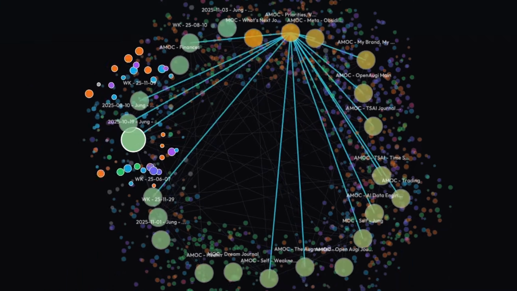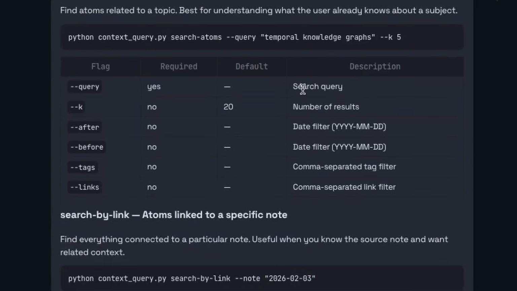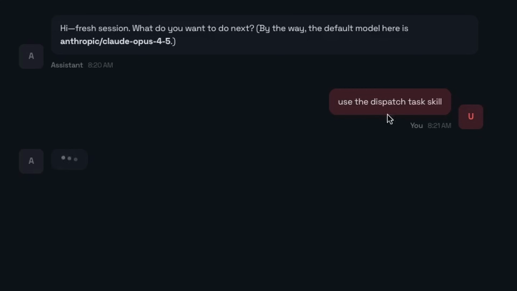We don't need AGI. We need tools that make us smarter. I built an API for my second brain, and now agents can take action just from seeing my notes. This isn't just OpenClaw with an Obsidian integration. In this video, I'll show you how I dispatch tasks directly from my notes to OpenClaw and why this is